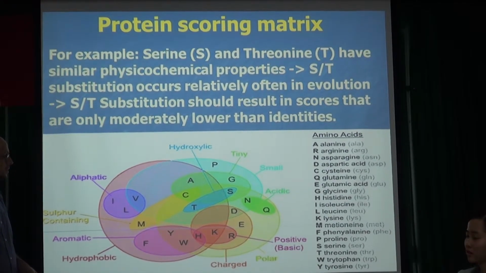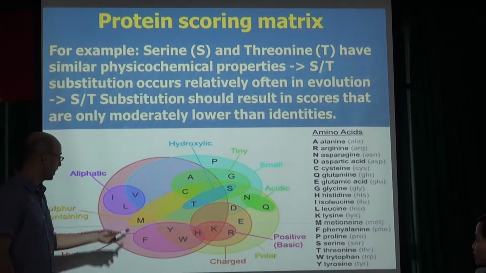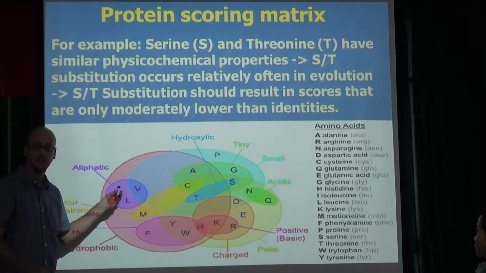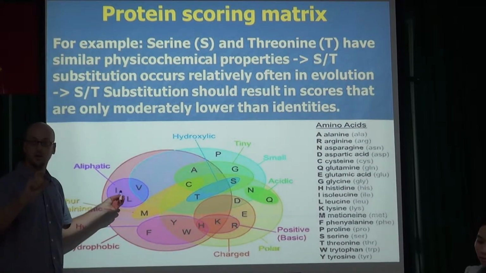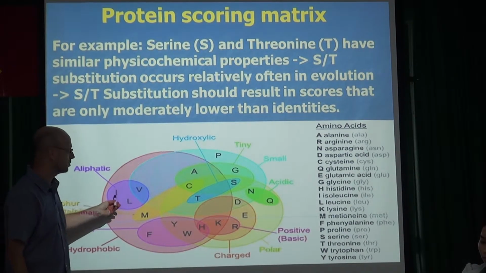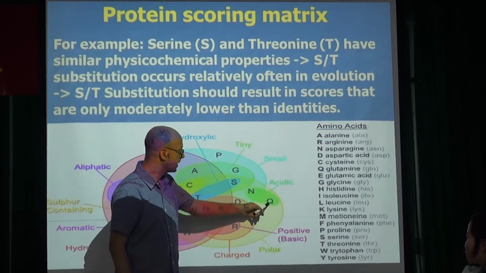So for example, if we have isoleucine in the protein, and we have a mutation, and in the protein, instead of an isoleucine, we get